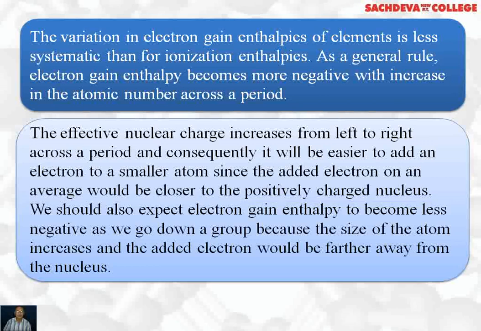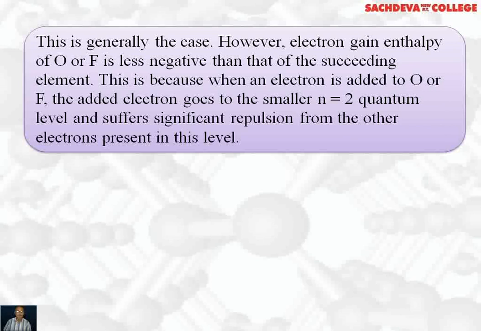We should also expect electron gain enthalpy to become less negative as we go down the group because size of atom increases and the added electron would be farther away from the positively charged nucleus and feel less force of attraction. This is generally the case. However, electron gain enthalpy of oxygen or fluorine is less negative than the